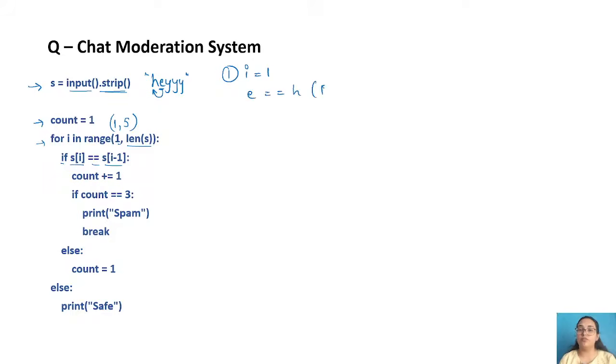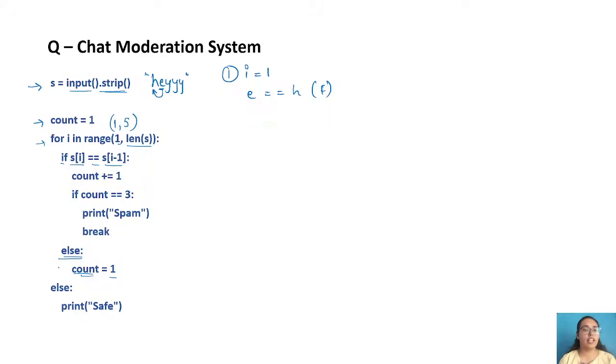Are they both same? No, they are not, right? So it means there is no consecutiveness and we can move ahead. Now there is nothing else we can do, because now we have the else condition. In the else condition, we have count equals 1, just in case we incremented the value of count earlier in the if condition. If a new character occurs, we have to make it 1 again, so it remains clean. So it is like that.